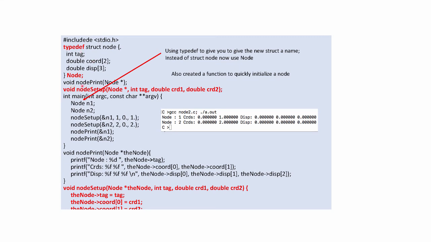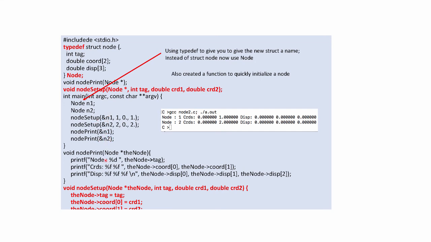We have these functions, node print and node setup, which are defined later further down in the file. The first thing we do is create 2 nodes. We set up the nodes. This is just going to set the coordinates. So for node setup, we have to provide the node whose coordinates we're going to play with. Node print, again, we're just providing the node, so we're passing the address of the node into the function